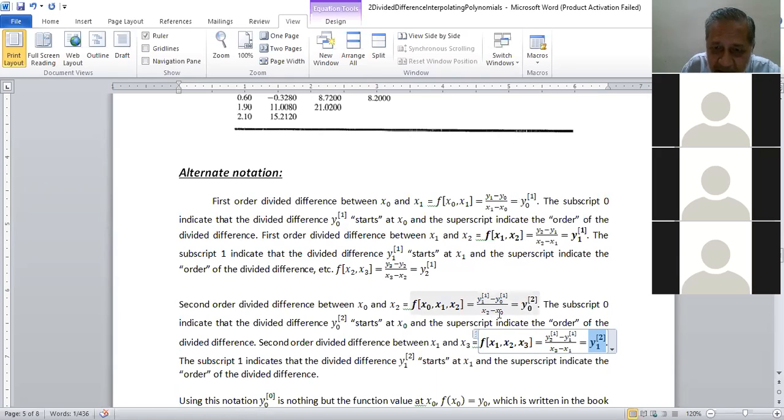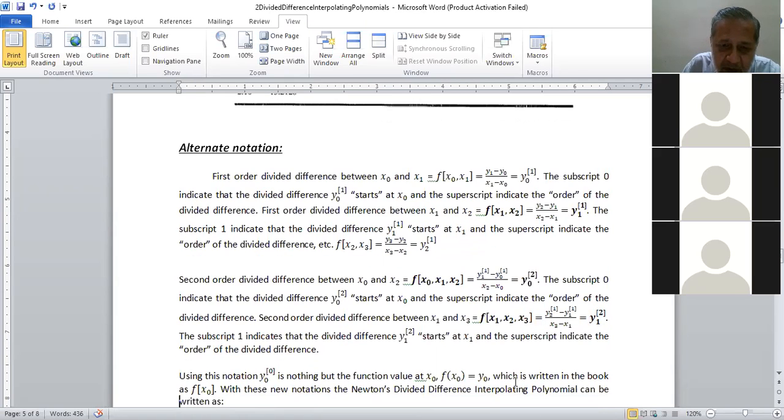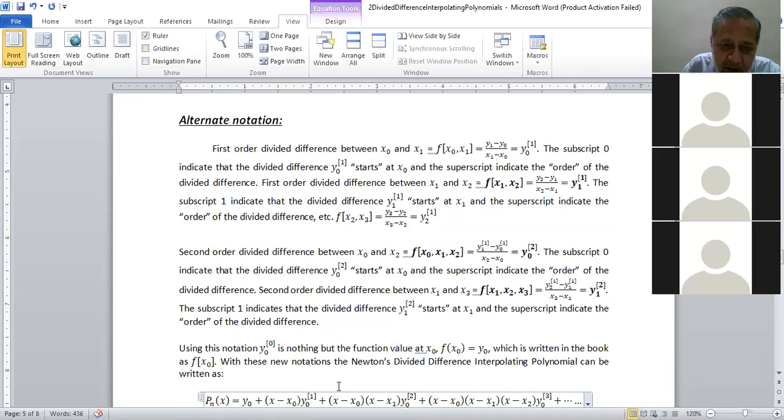And you divide it here by x2 minus x0, the whole range of x values. Here you write down x3 minus x1, the whole range currently used. So this is the way the second order divided differences are constructed. And one interesting thing is that if you use this notation,